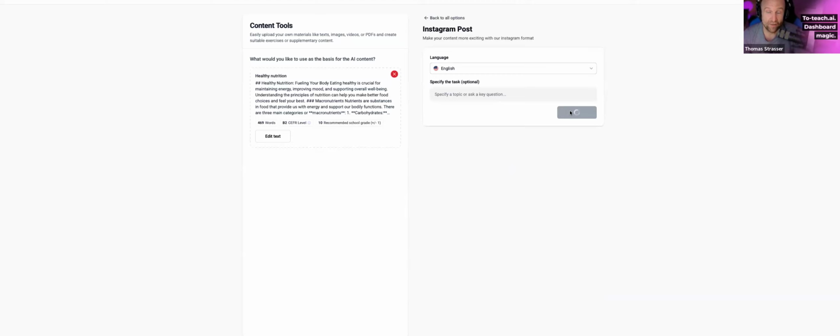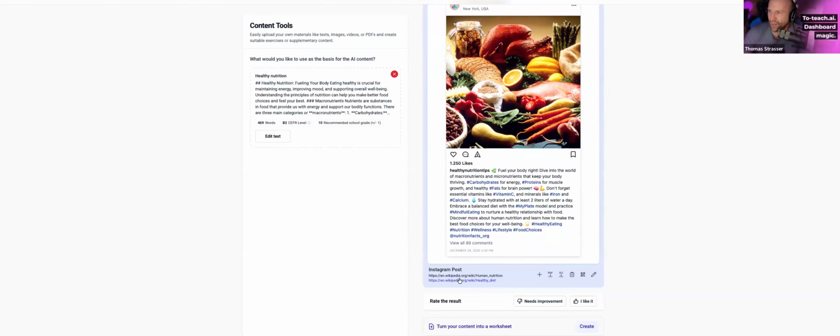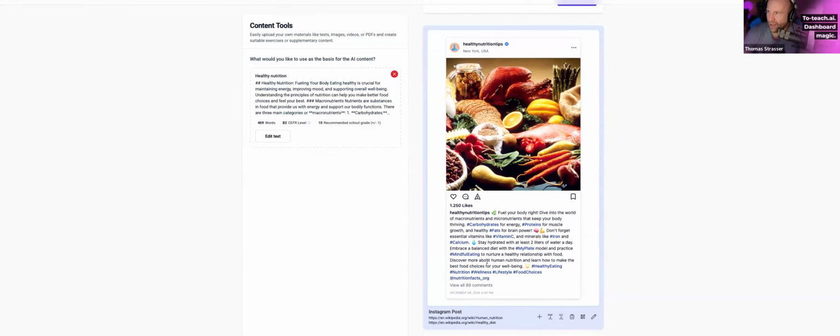And this is what I also love, because I love to create an Instagram post based on this text, you know, and then it says, fuel your body right, dive into the world of macronutrients. And, you know, this is pretty cool. It takes the images from Wikipedia, so we're pretty safe. And don't you think this is a cool discussion starter? And you can do this with literally any topic, so to say. Either you're taking a newspaper article as a link, or you're pasting in a reading text. And I think this is pretty beautiful. But that's not